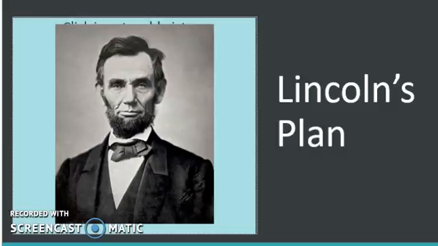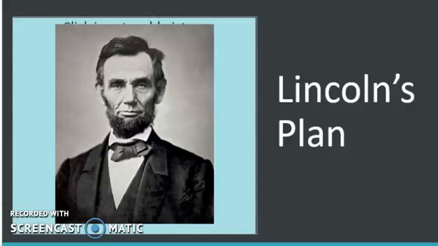Now, Lincoln had always felt sympathy for the South, and he wanted them to rejoin the Union, right? He didn't really care, honestly, about slavery. He didn't really care about states' rights. He understood that, as far as citizens and civilians in the South go, the trust between the federal government and the citizens in the South was totally broken. And he wanted to repair that and get some loyalty and trust back. All he ever wanted was to preserve the Union. So he wants it to be easy to just come back into the Union. That was his thought process.